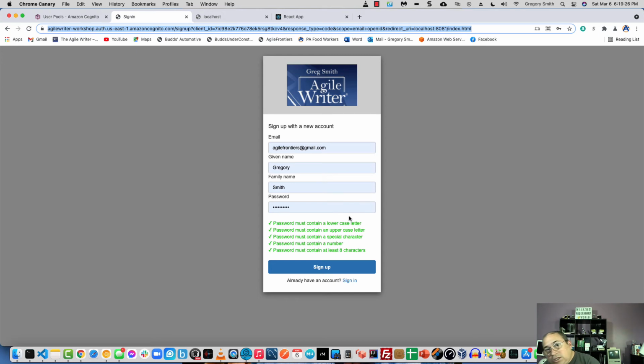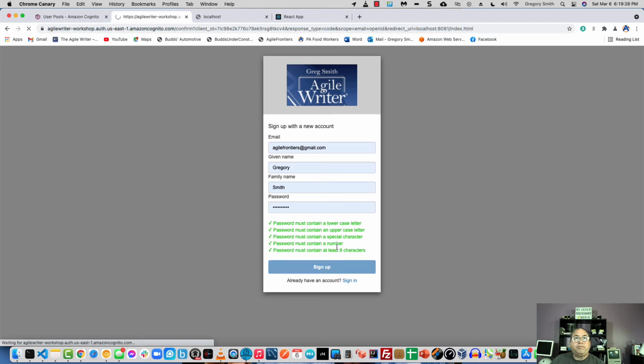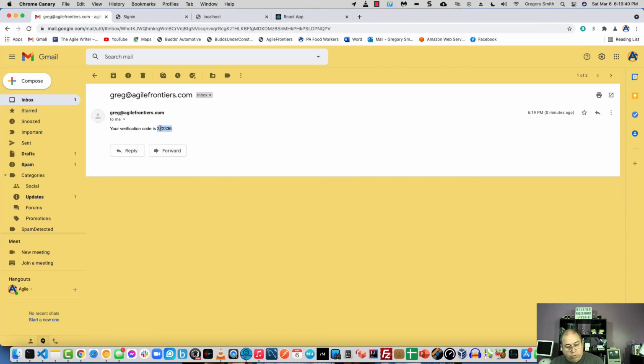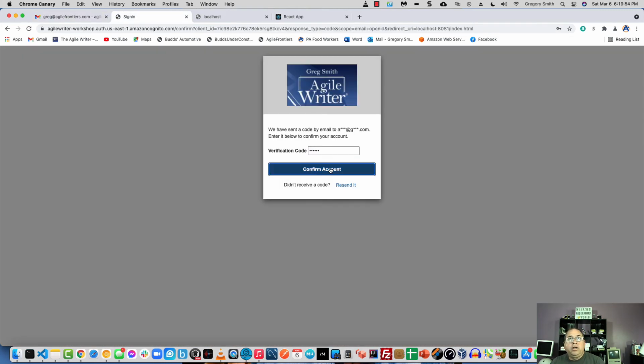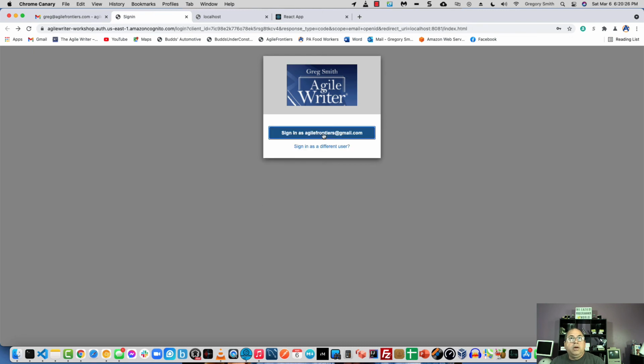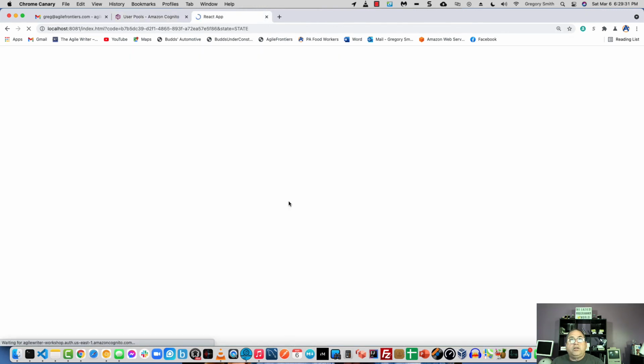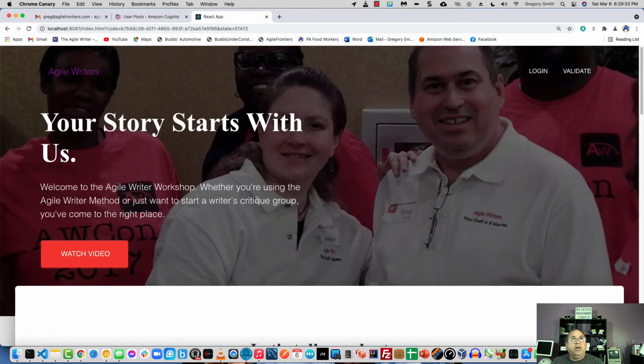So once this is all in, we're going to sign up, and now we're going to get an email with our verification code. And there's our verification code. We're going to copy that. Confirm the account. And when we do, I did make one minor mistake. I forgot to put in the HTTP protocol for my URLs. And so when I log in as Agile Frontiers, it takes us back to our site, and